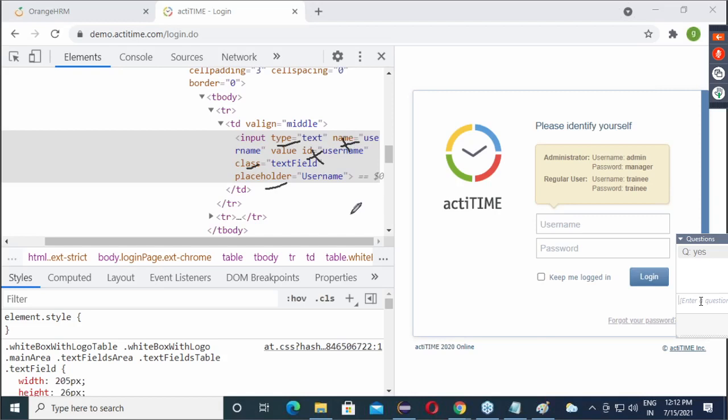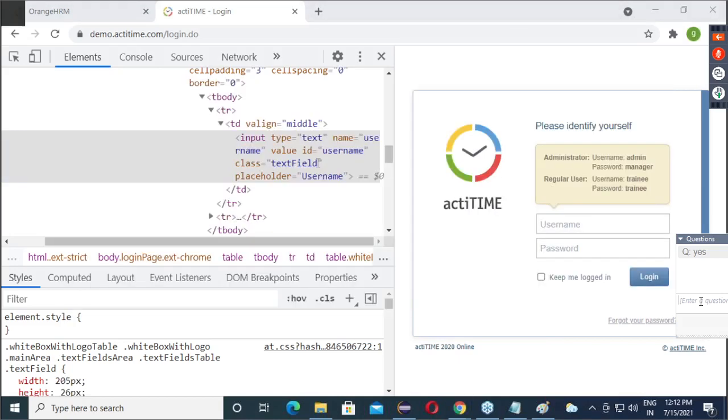Now let's go for third locator. What is third locator? Class name. Are you able to find class here? So now we will go for class name. Pay attention here on the script. What is the class value? Text field.